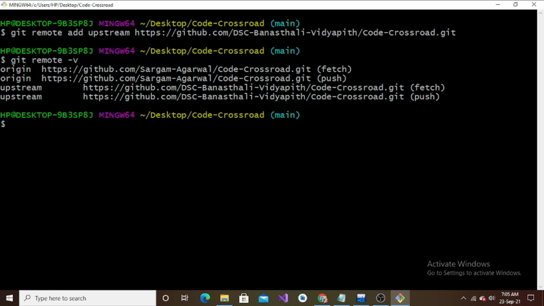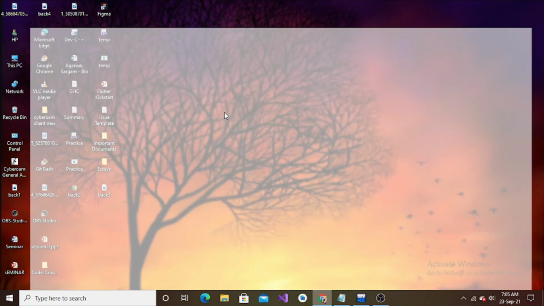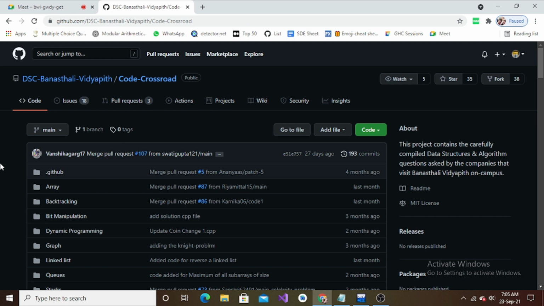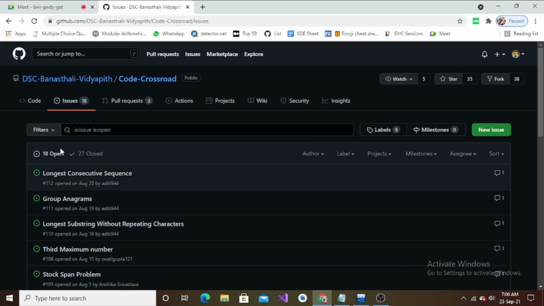So this was the basic setup that is required before you can start contributing. For the time being, we don't have anything to do over here, so we'll exit or log out. Okay, so let's just close everything. Now getting back to the original project, the thing is that before you can start contributing, you have to raise an issue. So you can see the issues tab over here, so we just click over here. Now you can see that there are 18 open issues and 27 closed issues, and remember that we are in the original repository, right?